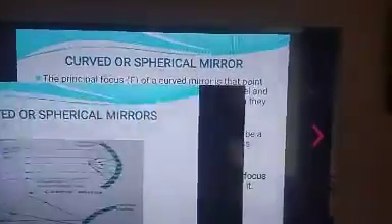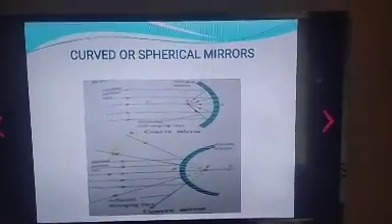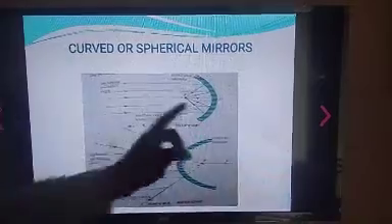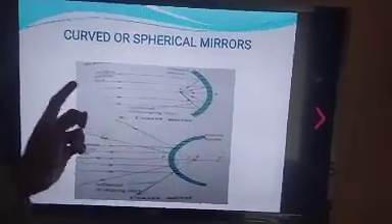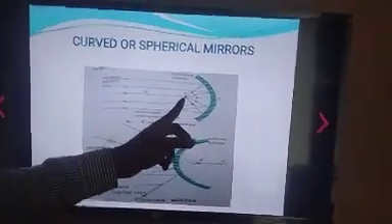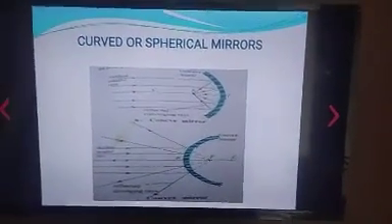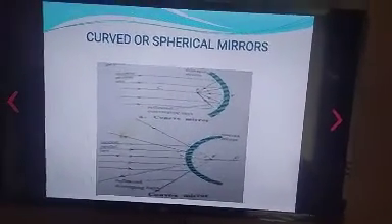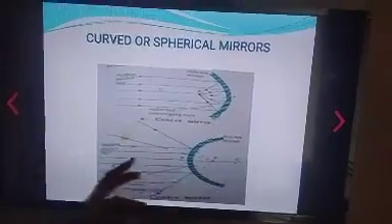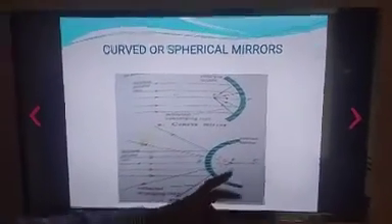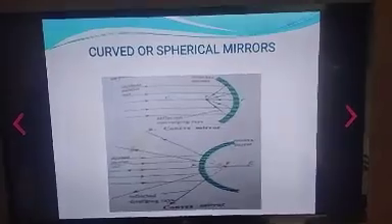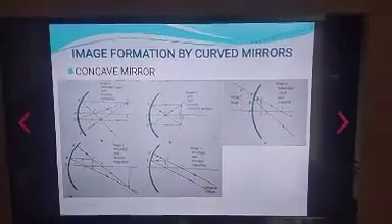Okay, let's see a diagram to that. Now, this is a concave mirror. These are the principal focus, and we discover all the rays of light converge at the principal focus. That is for the concave mirror. For the convex mirror, the rays are found to diverge from the principal focus. Okay, image formation